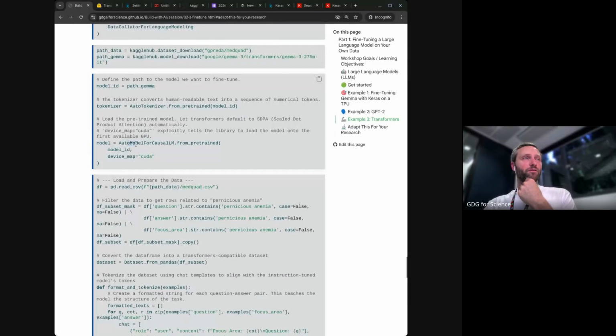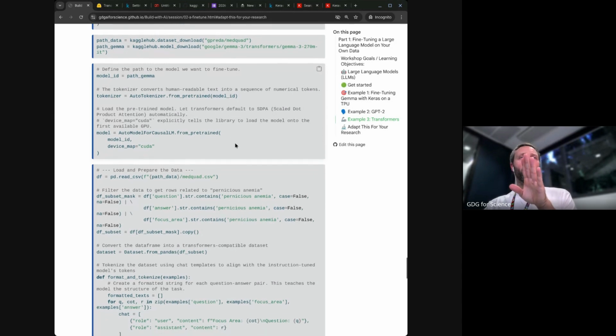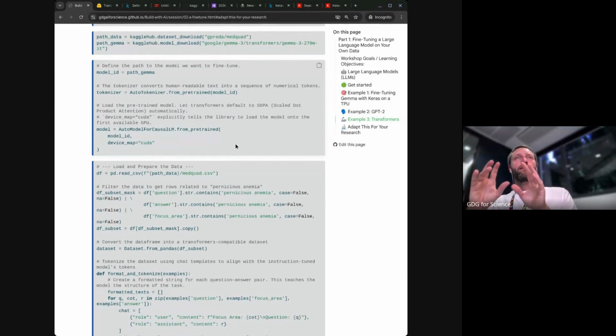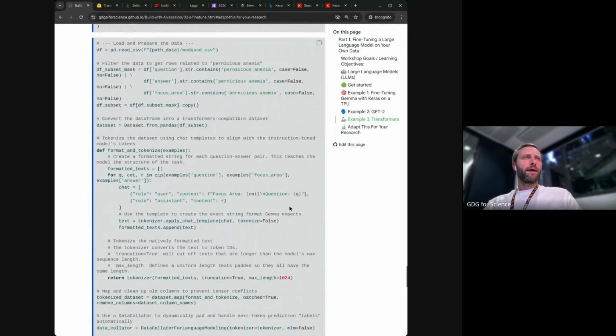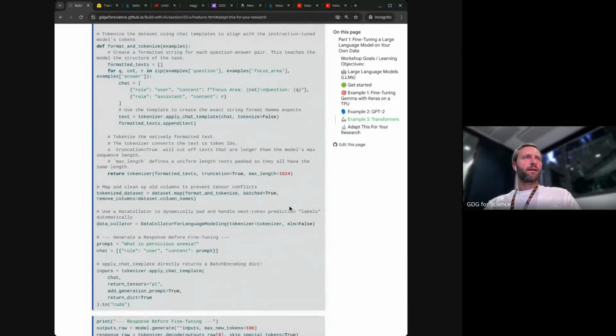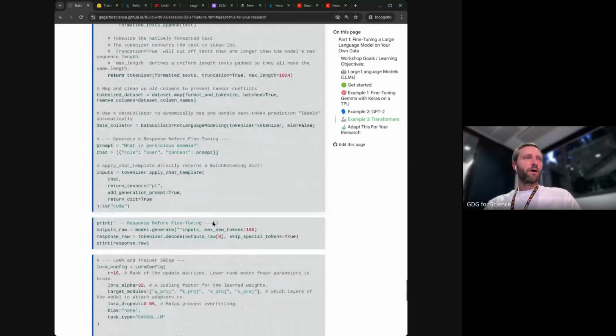Then we have to map it to the GPU in this case, where I've got CUDA. I don't think I could get the TPU working immediately. It needed a lot more options with using transformers instead of Keras. So I used the GPU instead. And then you need to add all these other options before you finally get